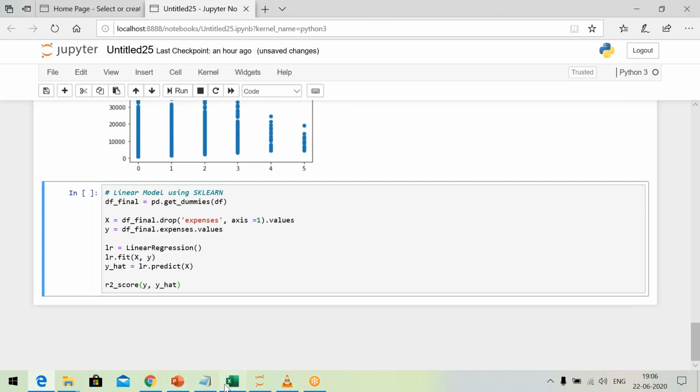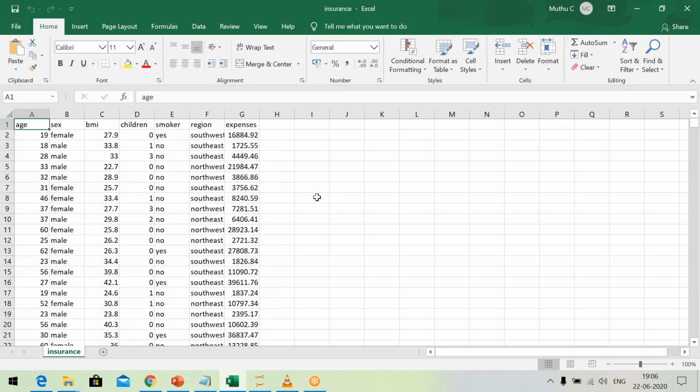Now let us have a look at the table. Please follow me very closely, otherwise you won't be able to understand. There are totally 7 columns: 1, 2, 3, 4, 5, 6, 7. Among these columns, we have numerical values in the first, third, fourth, and seventh columns, no harm. But what about the second column, and then the fifth and sixth columns? You have non-numeric values. All data science techniques like regression, classification, and clustering will work only if you have numeric values everywhere.